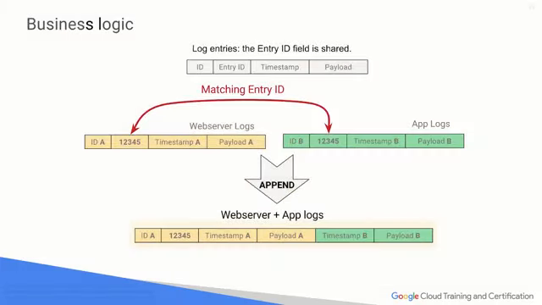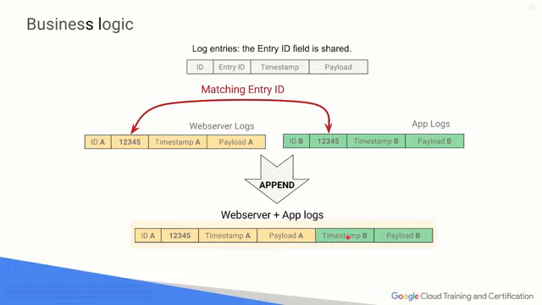So here's our new business logic. Our goal here is to match the session IDs together and append them together. So you can see here we have a simple transform process. So now we have a single session ID with both the timestamp and the payload, and the timestamp and the payload for our app logs and web logs together. So this makes it very transformative. Now the timestamps could be different, which could indicate latency, etc. between the processes. So that's why we have that.